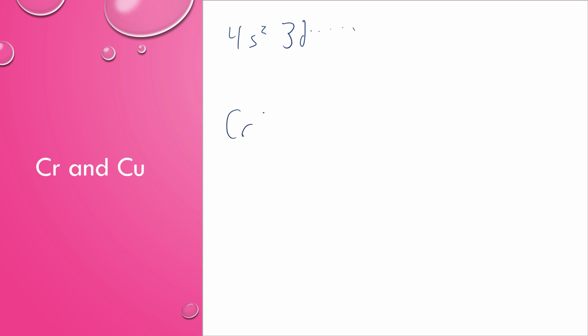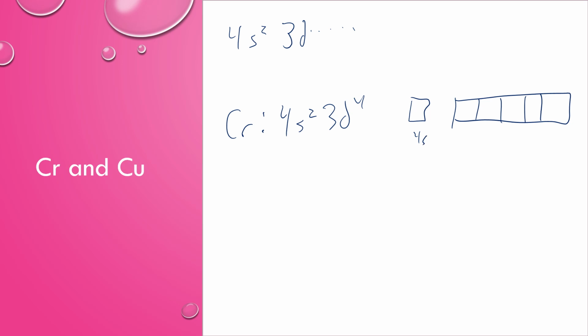Chromium has 24 electrons total, 18 of which are core electrons. So we have 6 additional electrons. So you could do 4s2, 3d4 for the additional electrons. However, what happens, because the 4s and 3d are very, very close in energy, let me write this out, 4s, 3d. If I were to do it like this,